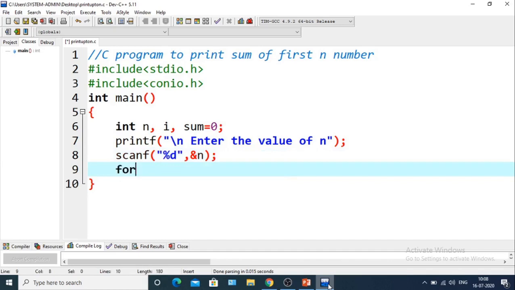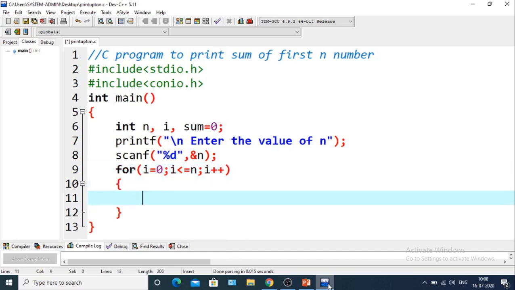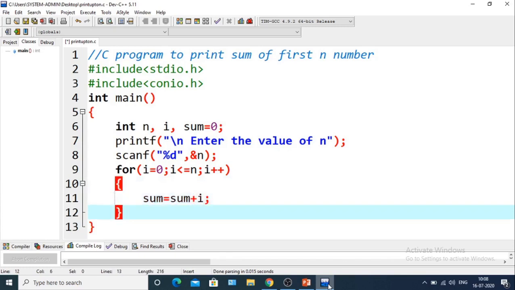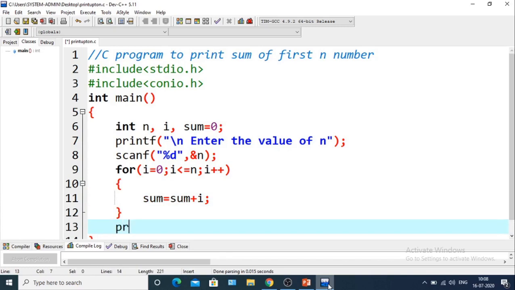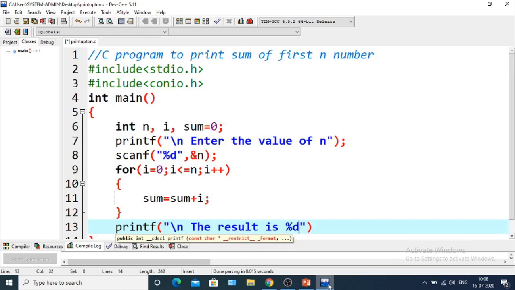Next we will do the for loop. For i equals 0, i less than or equal to n, i plus plus. Sum equals sum plus i. After the for loop, we will print it: printf("The result is %d", sum);